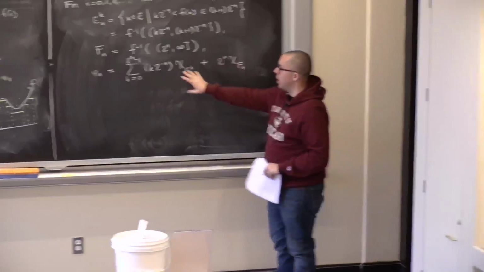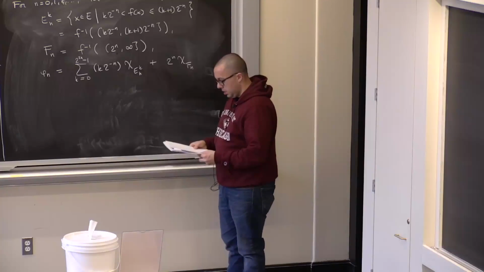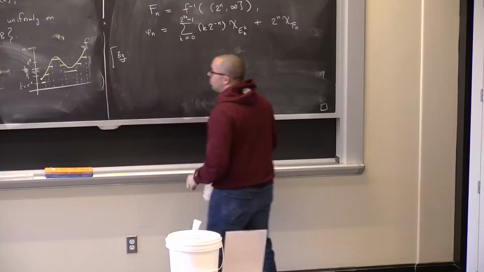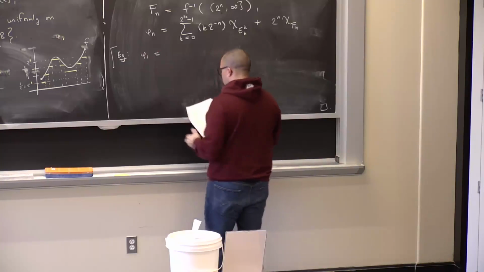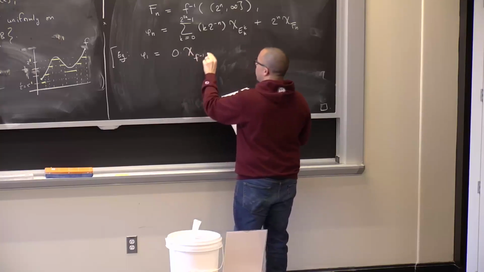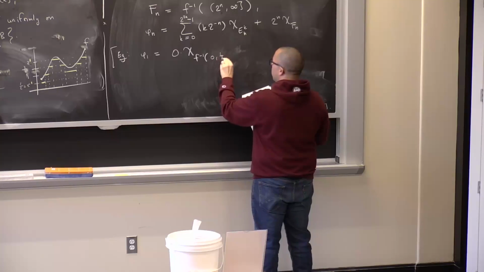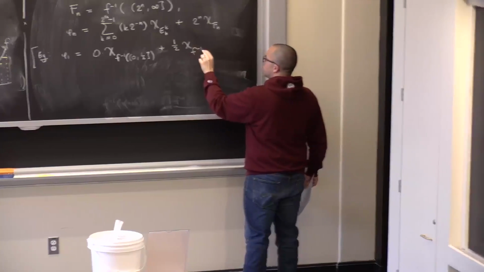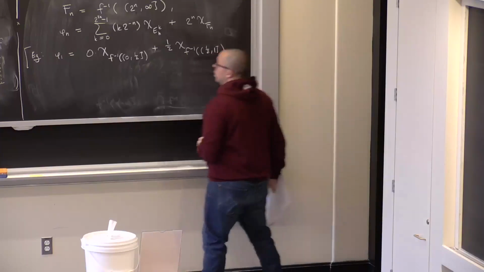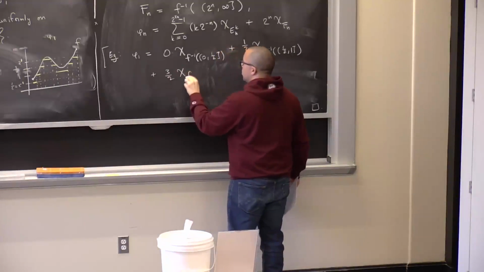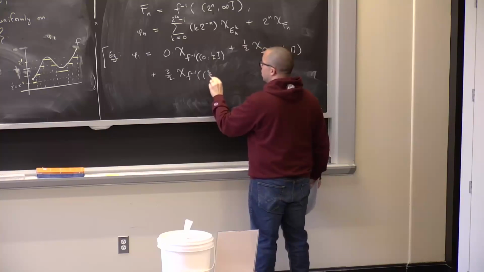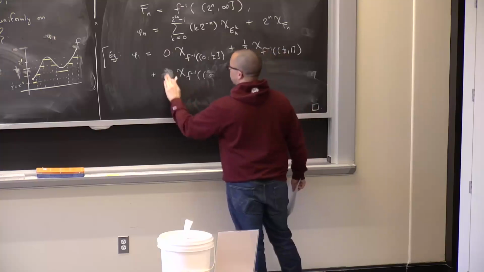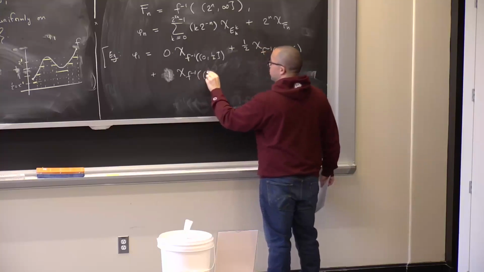So I encourage you to maybe write out phi 1, okay? What that actually is. I mean, in fact, here, I'll do that. I drew the picture that goes over here. Let me write out what phi 1 actually looks like. Phi 1 is equal to 0 times the indicator function where f is between 0 and 1/2, plus 1/2 times the indicator function where f is between 1/2 and 1, plus, no, that's not 3/2, that should be 1. No, what am I doing? 1 times the indicator function where f is between 1 and 3/2,